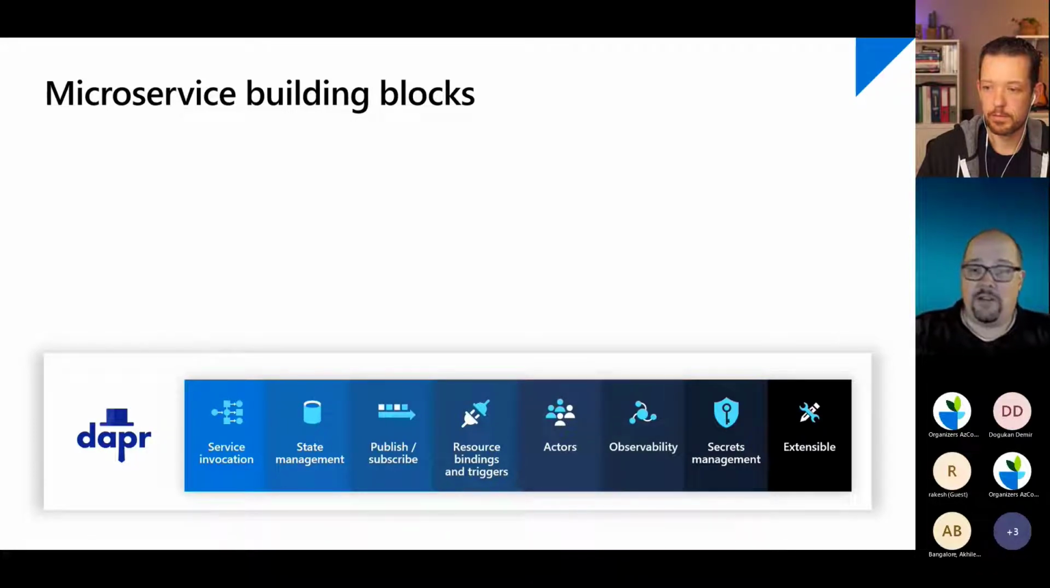You don't need to know where it is anymore. Dapr will take care of that. And that's what service invocation is. Then we have state management. With state management, we can